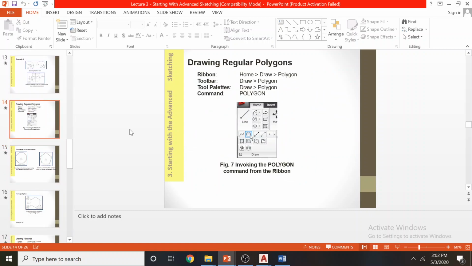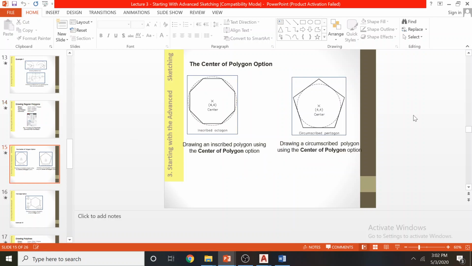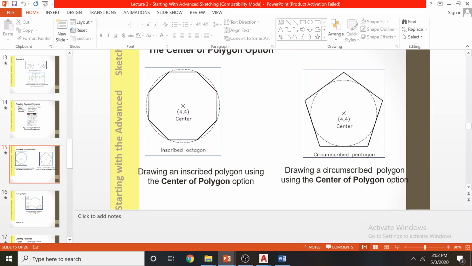we have two kinds of polygons available in AutoCAD. One is called the circumscribed polygon, the other is called the inscribed polygon. The difference between these two is that an inscribed polygon always goes inside a circle, so it is drawn inside a circle. A circumscribed polygon will share the circumference. Both circles have the same radius. Mind you, when you draw polygon shapes, be careful. Even though the radius and number of sides are the same, the polygon size may be different. I'll show you with an example how it works.